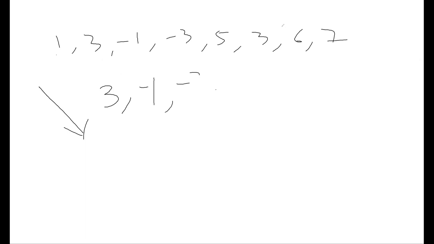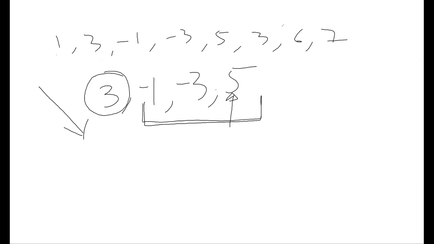Now -3, it is still smaller than this, and yes, it can still be a probable candidate, right? Now when I get a 5, this can be maximum, right? But now look at the condition, we only need 3 elements in our bucket. So the element which is at the start, we'll have to remove, right? Because this will never be a maximum now. 3 was the maximum earlier.